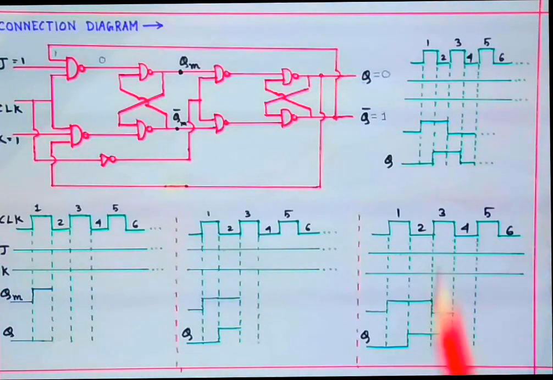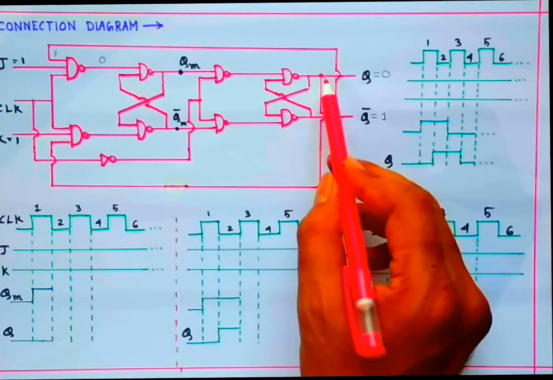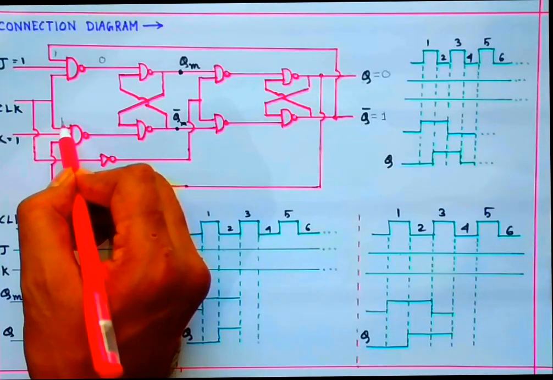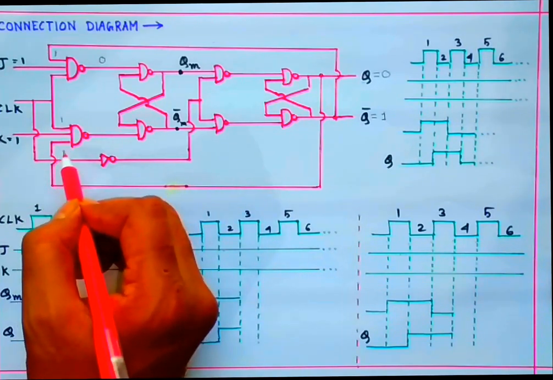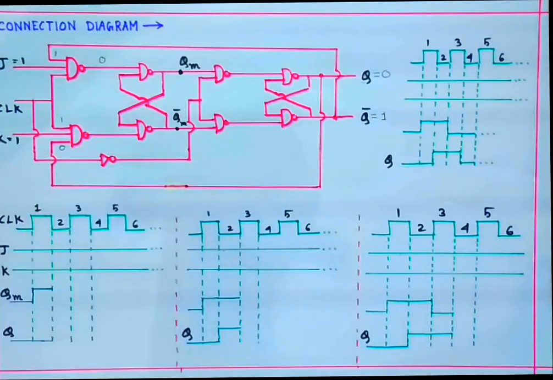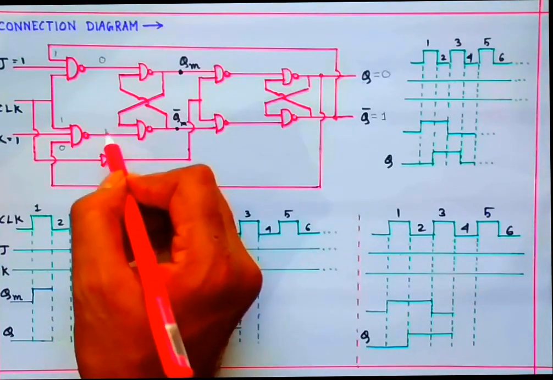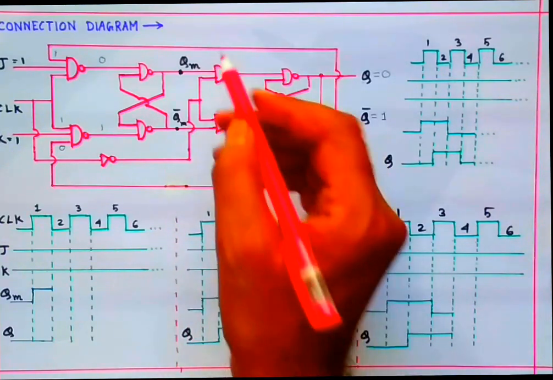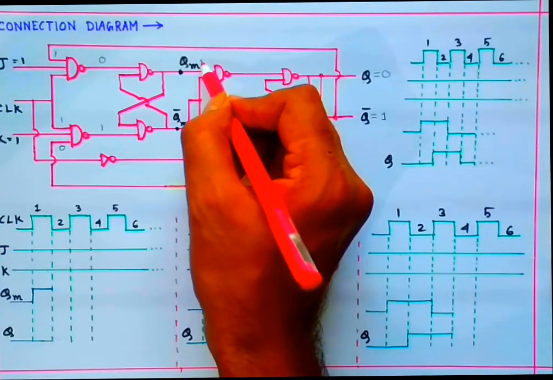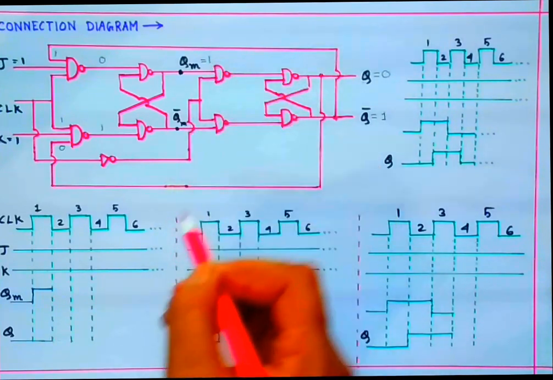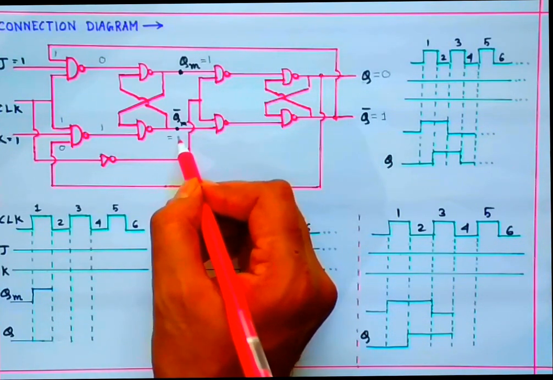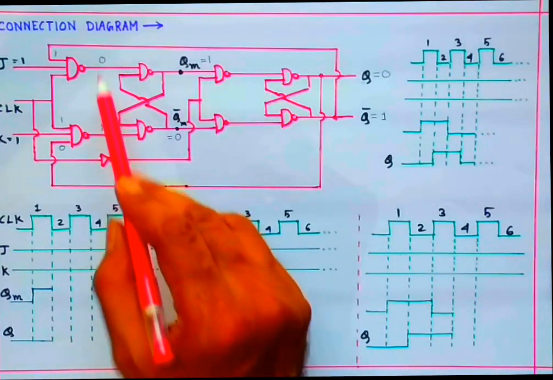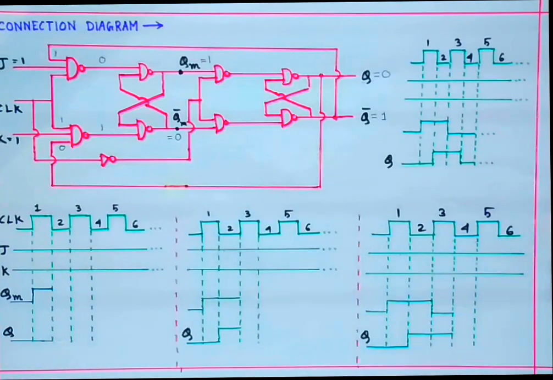In the same manner, this Q is connected to this NAND gate. That means this signal is 1, 1 and also this one is 0. That means the output is 1. That means now QM will be 1 and QM bar will be 0. Because you know that for an SR latch, when the input configuration is 0 1, the output is 1 0.